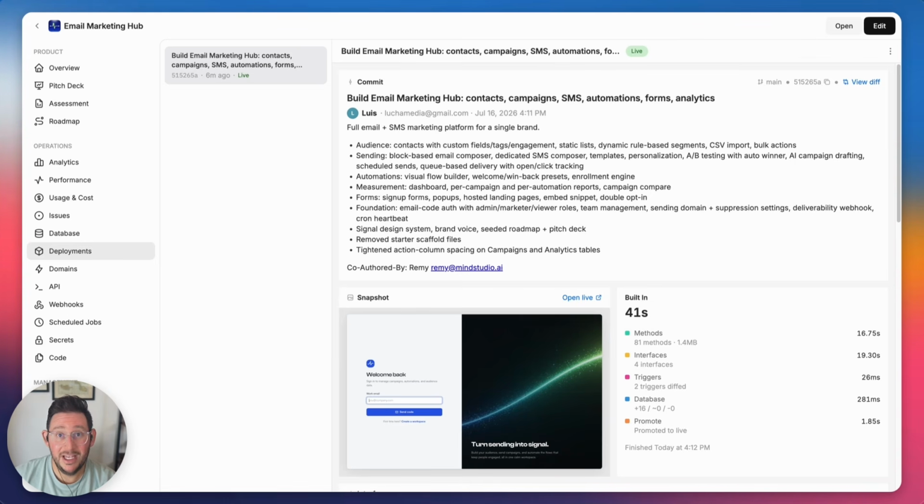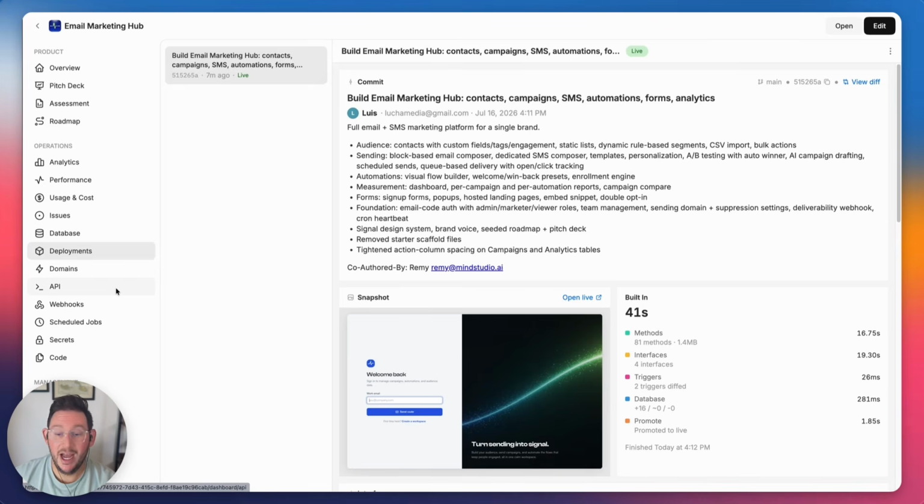And traditionally, if you want access to any of these features when you're building applications, you have to use expensive third-party services. But in this case, since it was built in Remy, all of these features are included in every application that you end up building. The management screen also has a bunch of other interfaces like domains where we can change our domain,